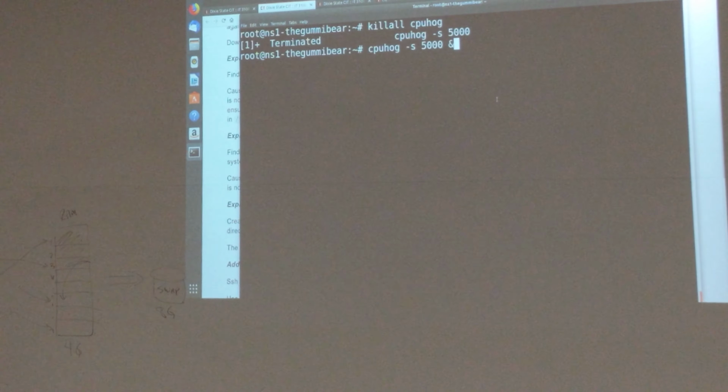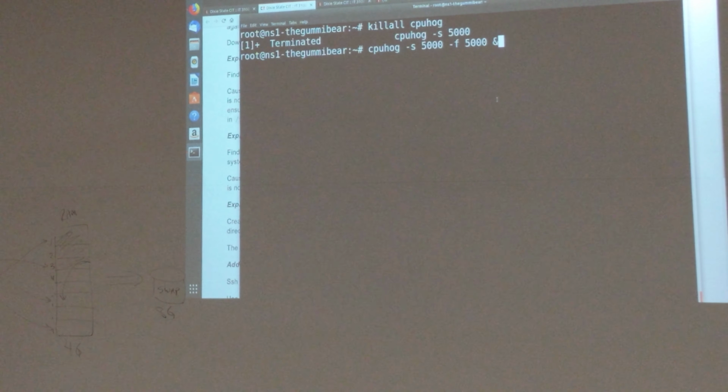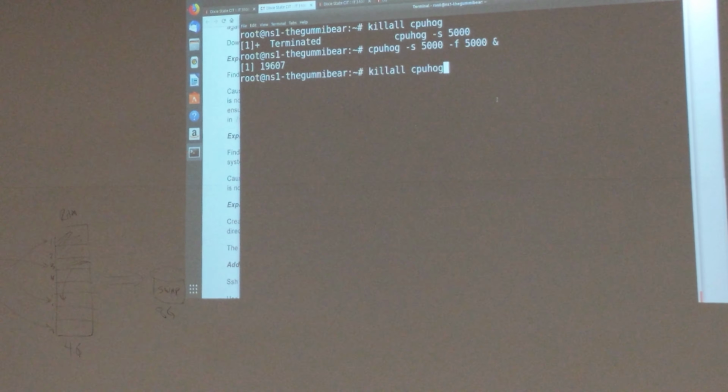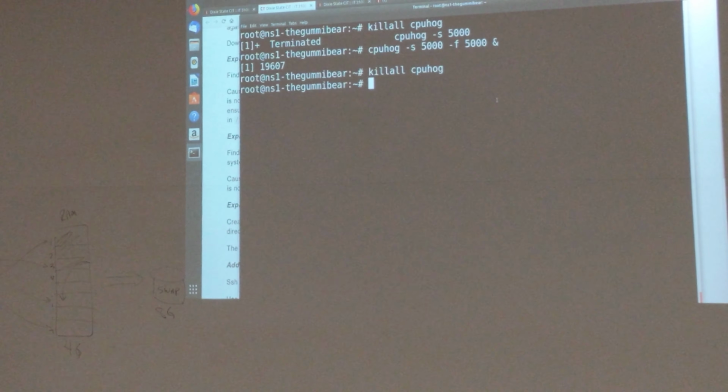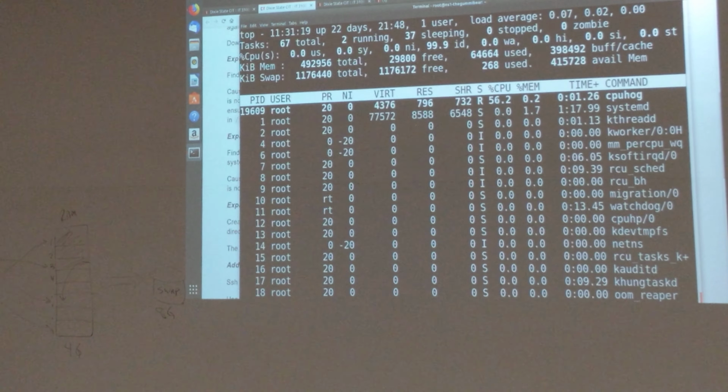All right, so then let's do -f. I don't know. I don't even remember what the values are. Oops, I didn't mean to do that. I didn't mean to do top. And then the values could be